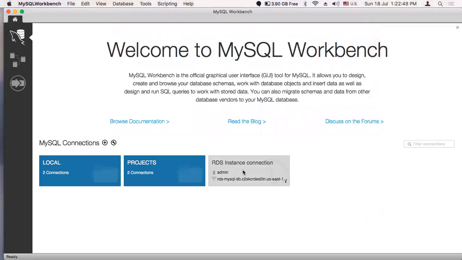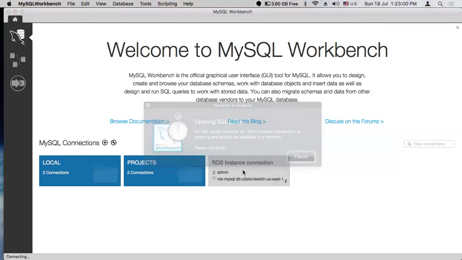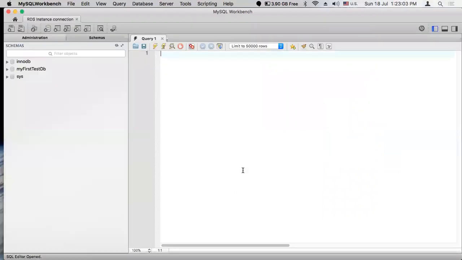We'll click on RDS instance connection. It's connecting. Yes, now in MySQL Workbench you will see various schemas and objects available in the database, InnoDB system, and my first test DB.